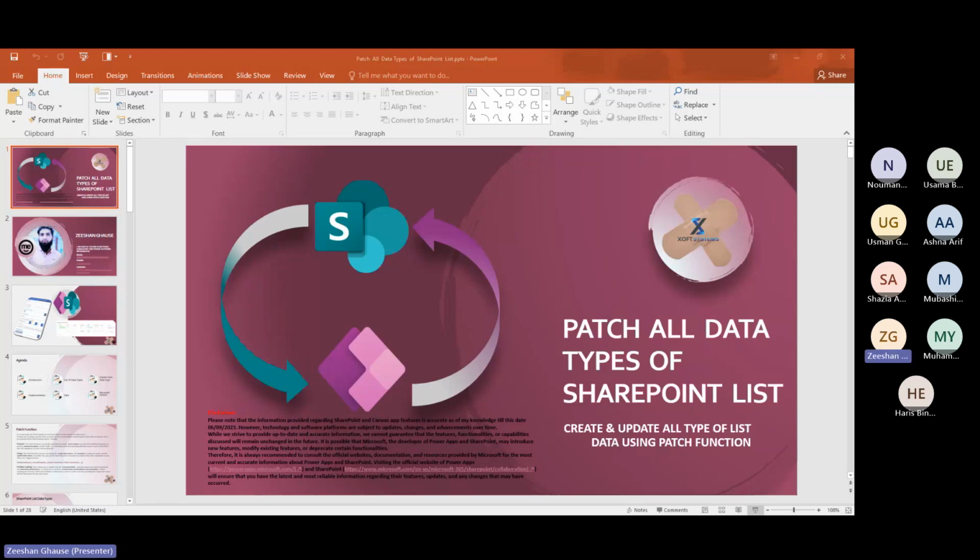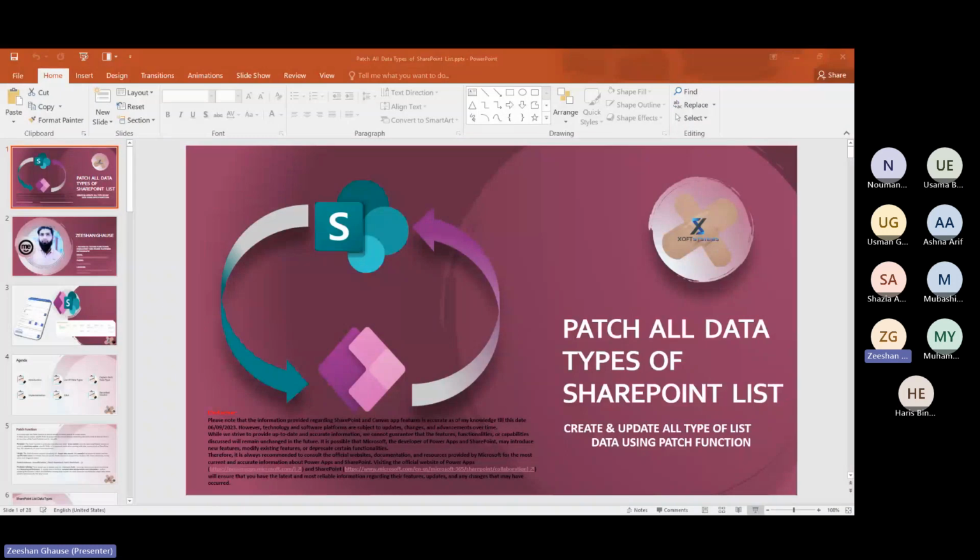So what type of problem does it solve? The patch function solves the need to patch the whole data. It targets just the specific, necessary fields. If you are not submitting the whole data, not sending the whole modification request to the server, of course you are going to save time, and that improves the performance itself. So we can perform complex data manipulation and calculation through the patch function. Moving forward,